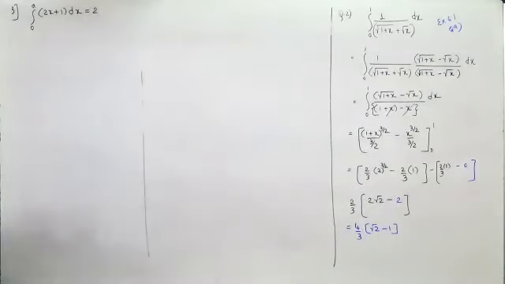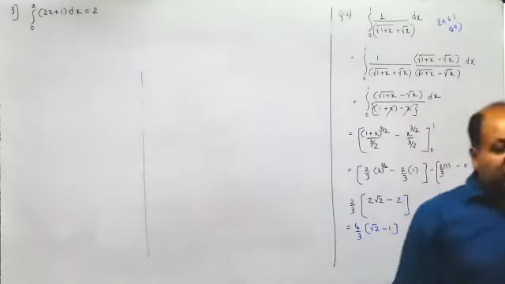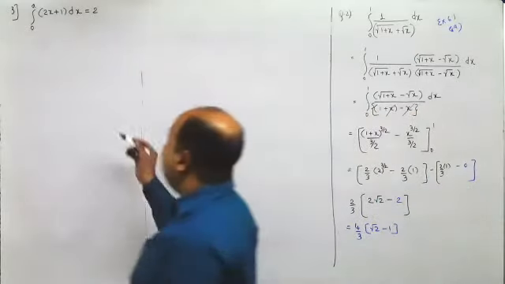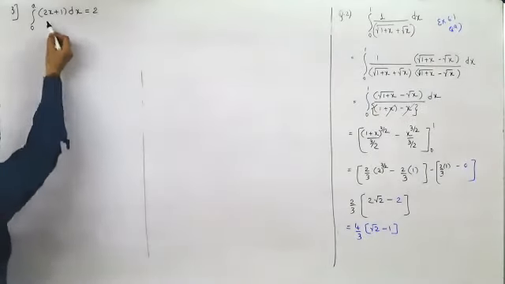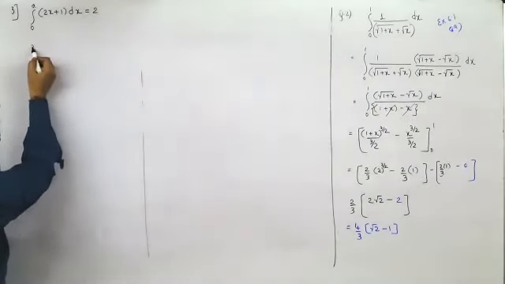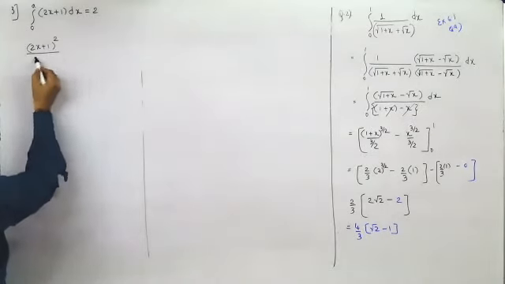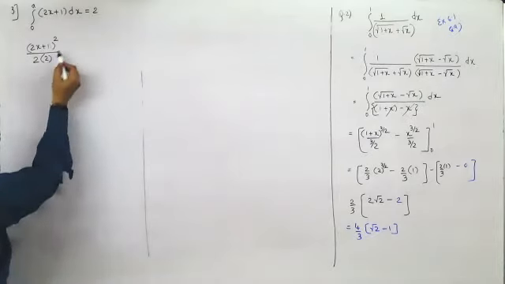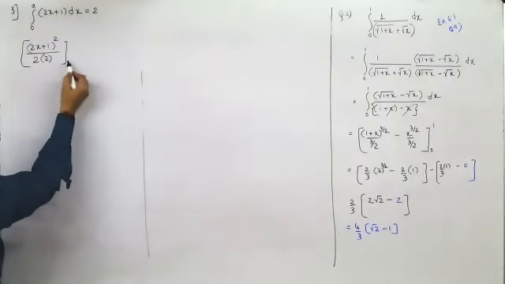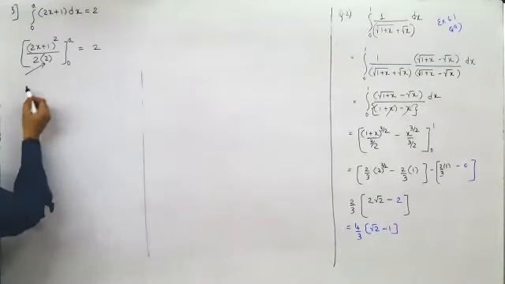Now here, 2x plus 1 dx is 2. Here you can treat this as x, so this would be x square by 2. Directly you can get the answer or you can solve it individually. So I can say it is 2x plus 1 square by 2, and then you treated this as x, so you have to divide by the coefficient of x. This would be 0 to a equal to 2. I hope you have followed this particular part.